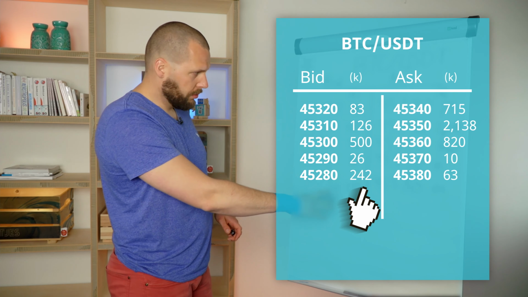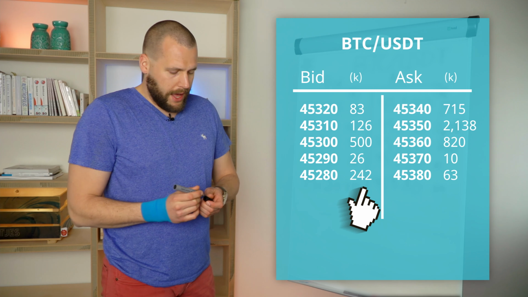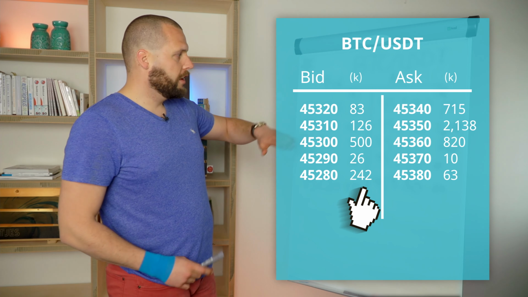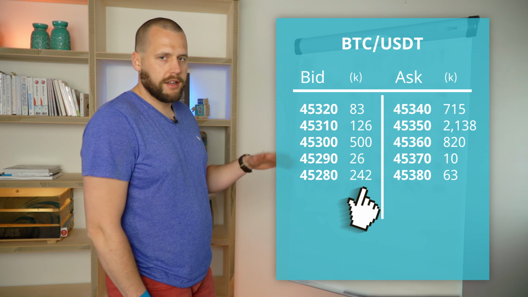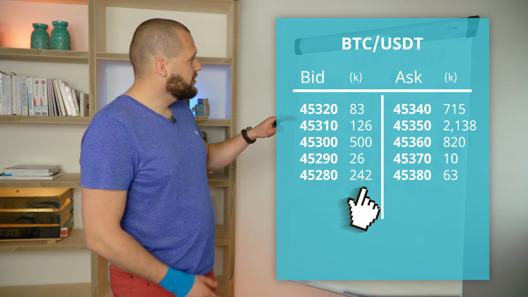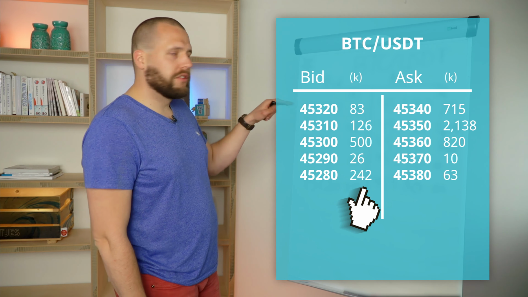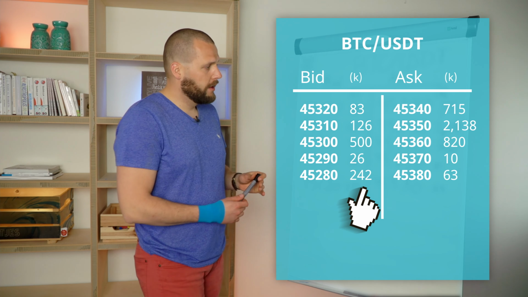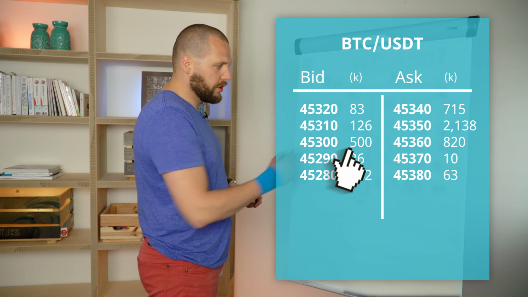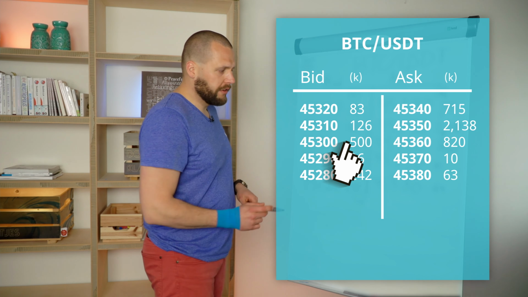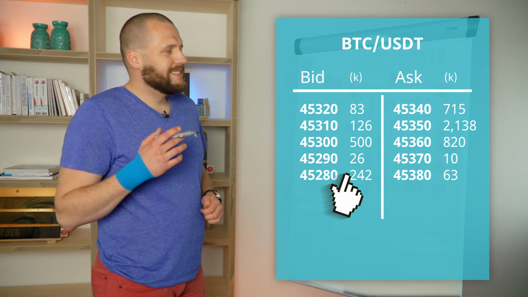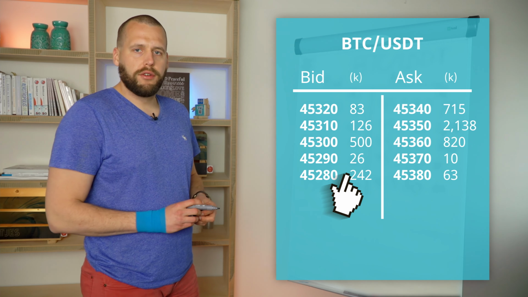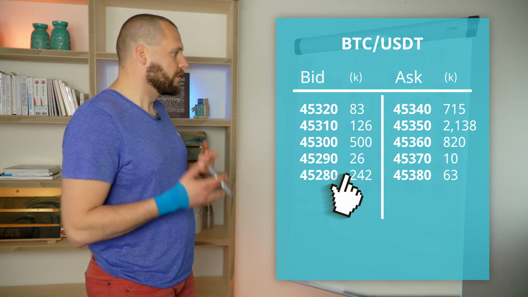These all need to be multiplied by 1,000. And as you can see, for Bitcoin, there's a lot of money available at the different levels, because these are only increments of 0.02%. But even still, we have 500,000 here, we have 126k there, and even 250,000 down there. So it's not very likely to run into any kind of liquidity issues